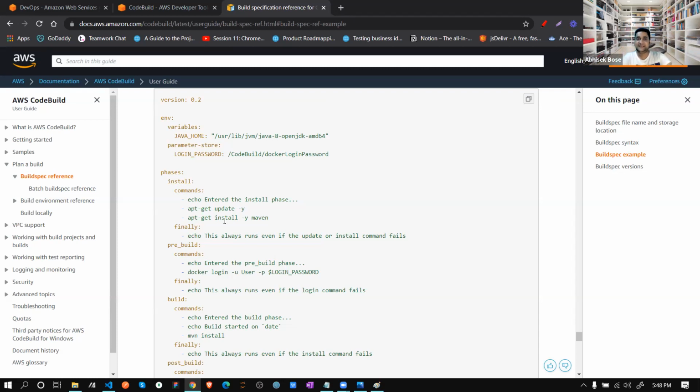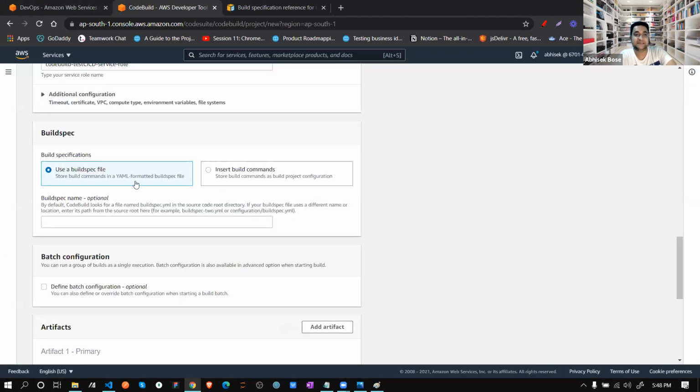So for this file, we are choosing yes, use a buildspec file, which means it will search in your GitHub code, whatever is coming here in AWS, whether any buildspec file is present or not. If it's present, it will start creating your server.